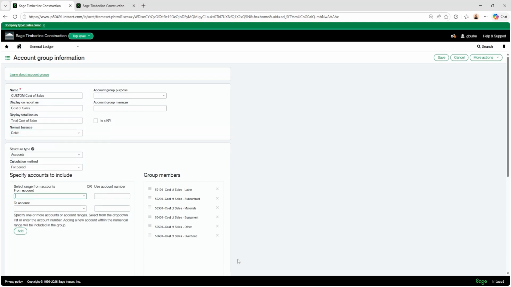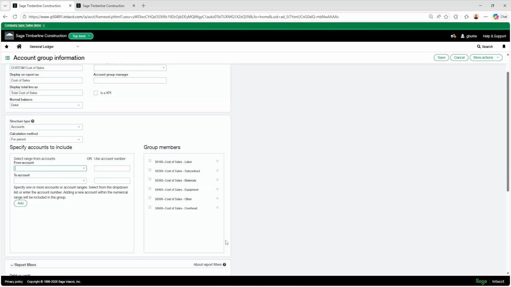And the advantage here is I can dictate the order that I want them in. For example, maybe you primarily have cost hitting subcontract, so you don't want that second, you want that at the top. I can go ahead and just drag and drop this, and then that'll be the first one you see on any reports. Conversely, maybe you don't have much hitting labor, maybe you're subcontracting that out. You can go ahead and move labor lower on the reports so that you can have your higher values up first.